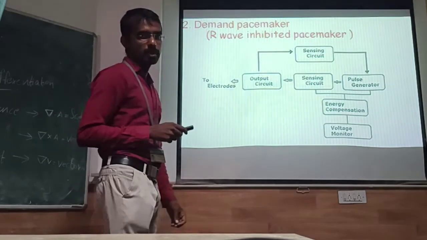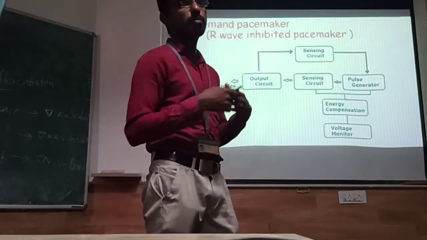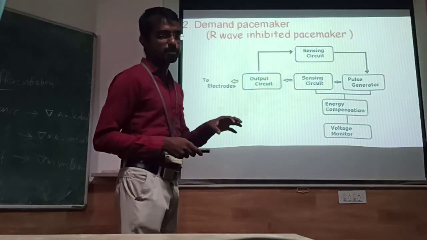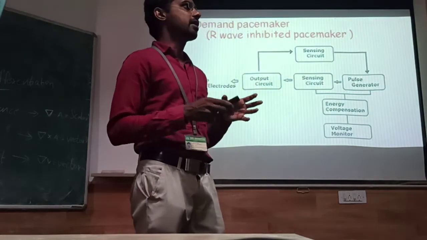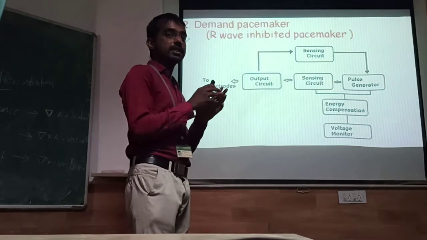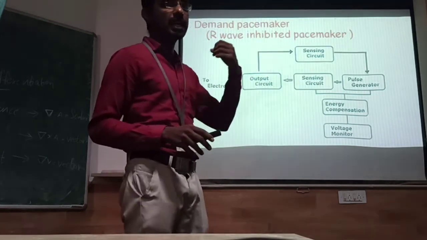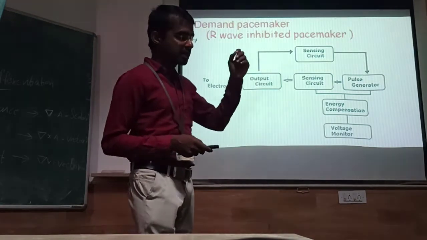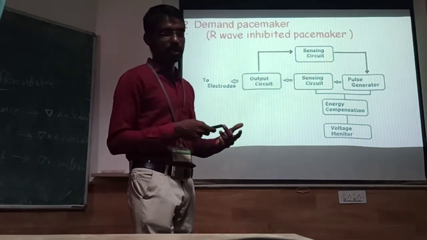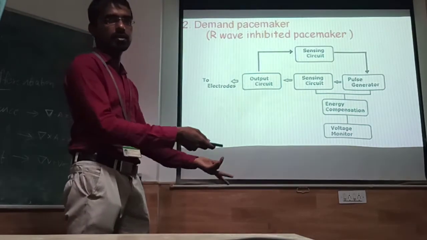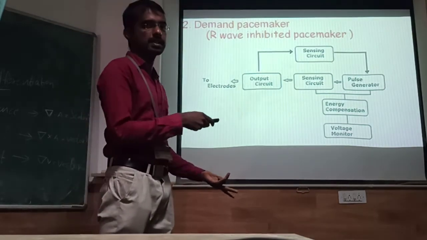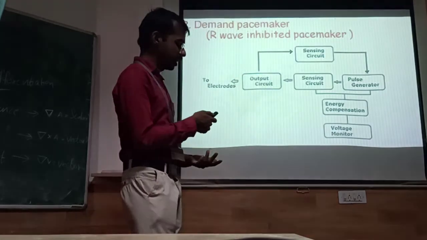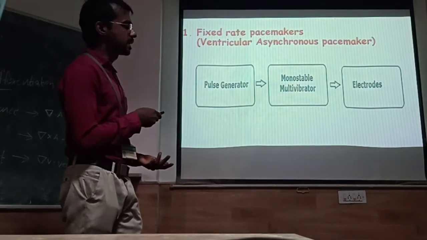Demand means that on some requirement you give the pacing signal, right? This is preferred in places where the sinoatrial node is not completely damaged. So we rely on the natural pacing generated by the sinoatrial node. But whenever the sinoatrial node runs into trouble, this circuit is activated and the artificial pacing signal comes. Now a question comes: why do we need to do it? Why don't we go with the fixed rate itself?